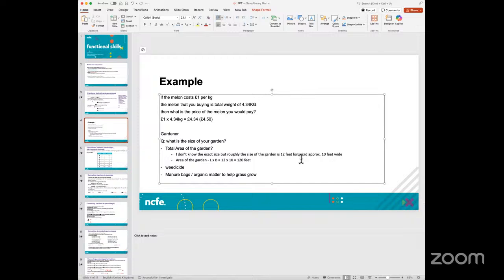Now, he obviously goes to B&Q, for example, and he would then need to buy that. So when he looks at the weedicide bottle or the mud bags and things like that, he sees that one bag is 10 kg. On the bag it'll also give some instruction that this 10 kg feed is good enough for a garden size of, say, 3 square meter, or 10 square meter. So he'll roughly have a figure that if I'm looking at 10 square meter, 10 by 10 is about 100 feet. So I would need about one bag as a minimum for the feed to cover the complete garden.